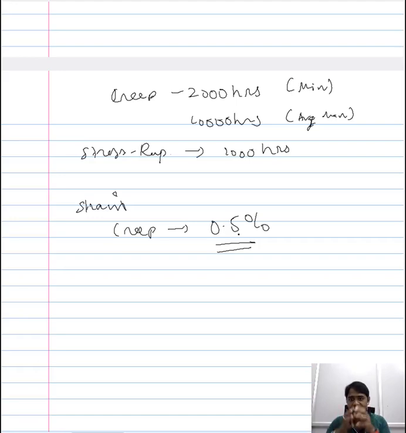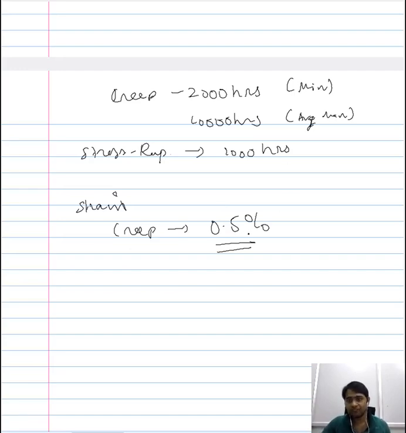So in that case, typically during a creep test for a duration of thousands of hours, the maximum or the average strain that you observe is 0.5%. Again, this is because you stop the test once the material enters the tertiary stage. We are not interested in the failure of the material during creep testing. So the average strain that you observe during the creep test